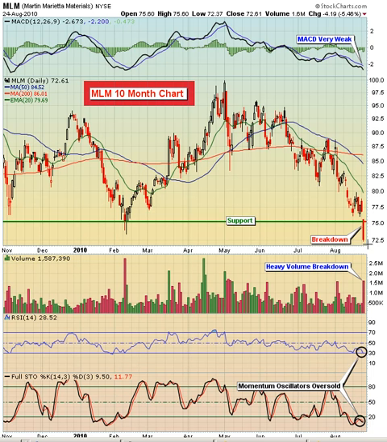Now the moving average convergence divergence, or MACD, is very weak. It is still pointing down. Even though we've been in this downtrend for a while, we do not have a positive divergence in play. So if we do see any strength, it's probably going to be very short-lived before we go down and put in another low. So again, I would look for maybe somewhere around the 75.5 area to consider putting on